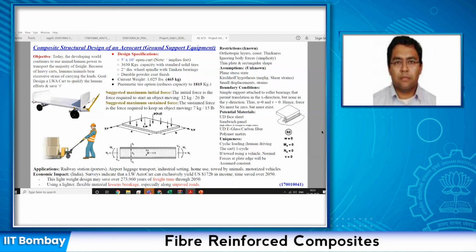Okay, so only one comment is your font size. Again, you have put too much text in it. Maybe you could have verbalized some of this and put only the key bullet points so that you can talk about it. But with a lot of text on the slide, one, the font size is small, so it's not easy to read, and second, the slide looks very busy. You have tried to organize it, but because so much text is there, it becomes more like a report rather than a presentation slide.